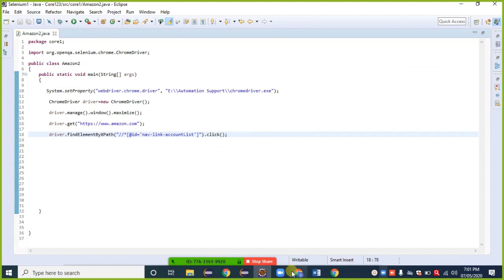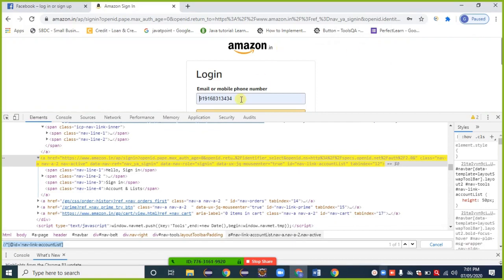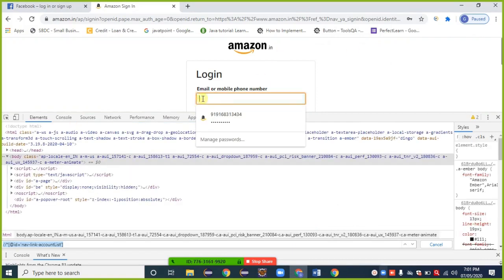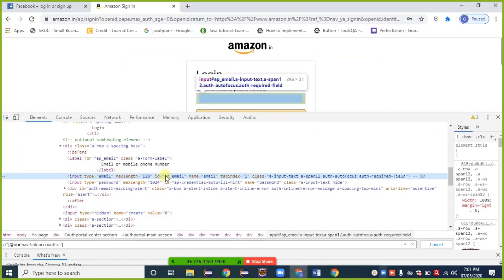What is the next step? The next step is that after clicking on the sign in button, we have to provide the ID. So here I am providing a mobile number as ID. So inspect that element. Different types are available here. I can go with any one. I can go with a class, but as we discussed in the last session, if the class contains a space, don't go with that one, because that creates a compound class error.